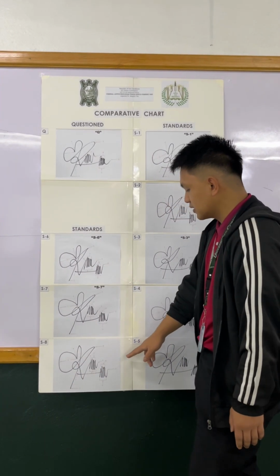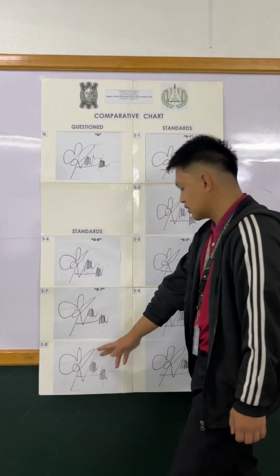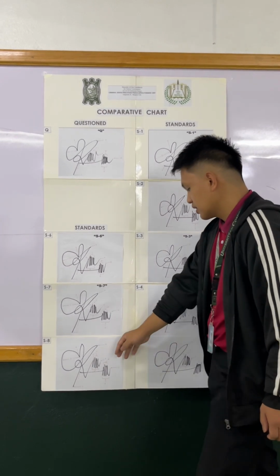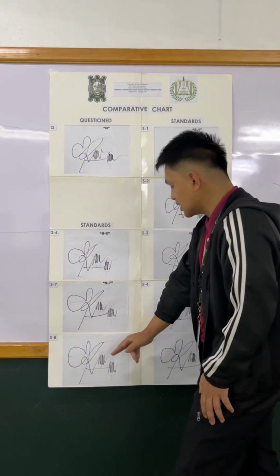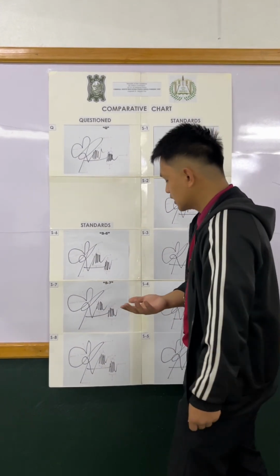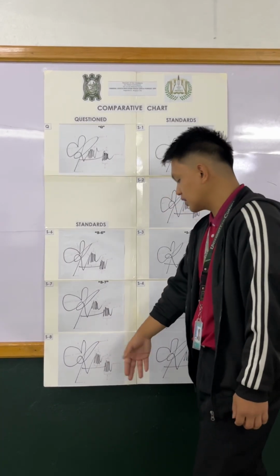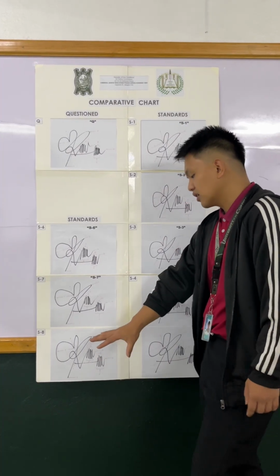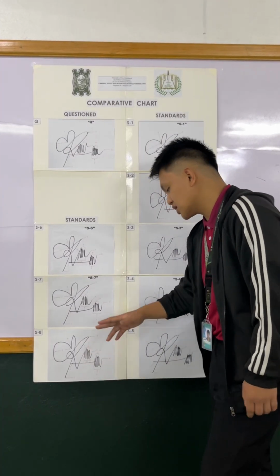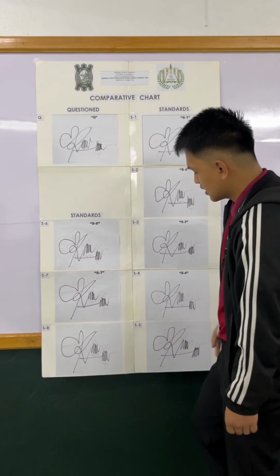Next is the alignment. The alignment of the signature of the S8 is convex because it is going outwards. Next, the proportion. The proportion is not proportional due to the sizes of the different parts of the signature. The letter R being the biggest, and the third writing is the second biggest, and the smallest is the second writing in the signature. Next, let us now proceed to the stroke characteristics.